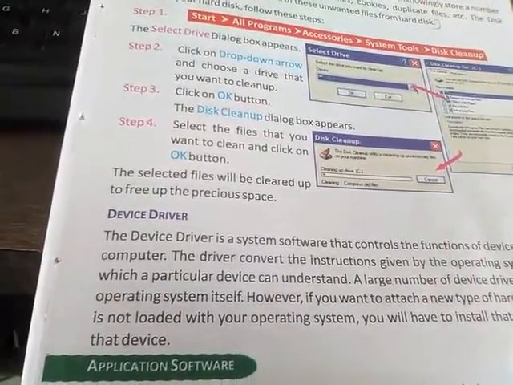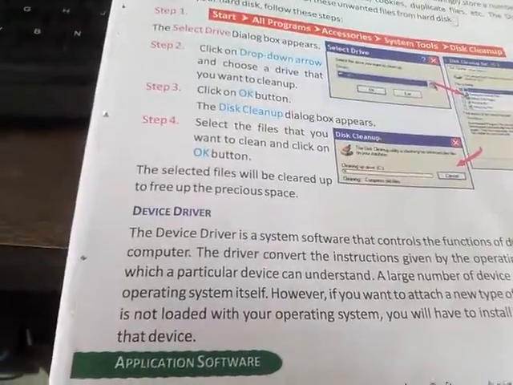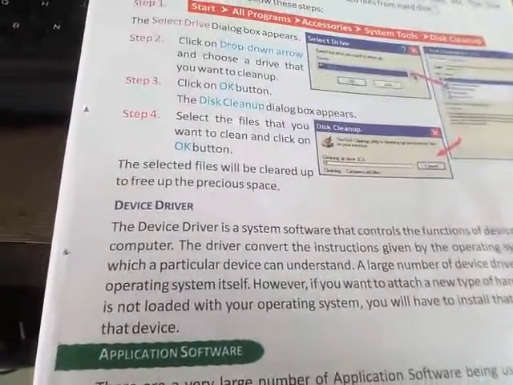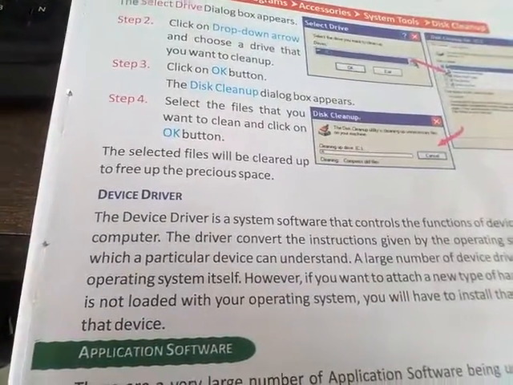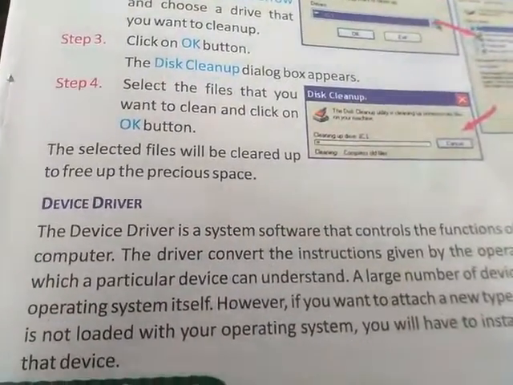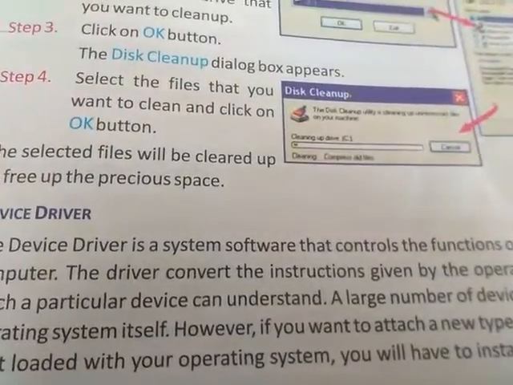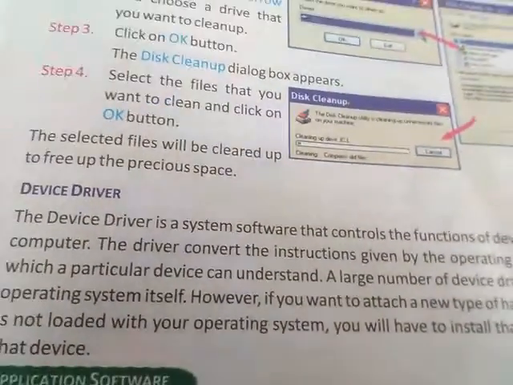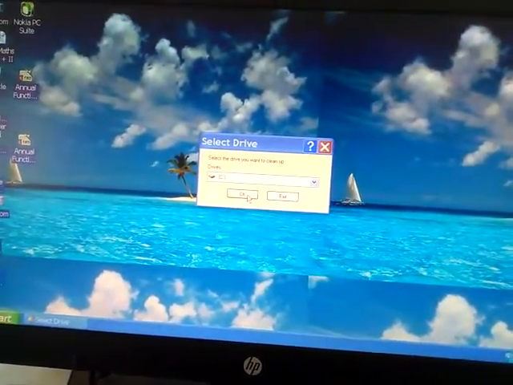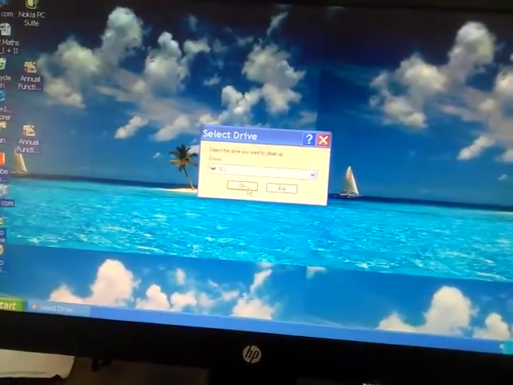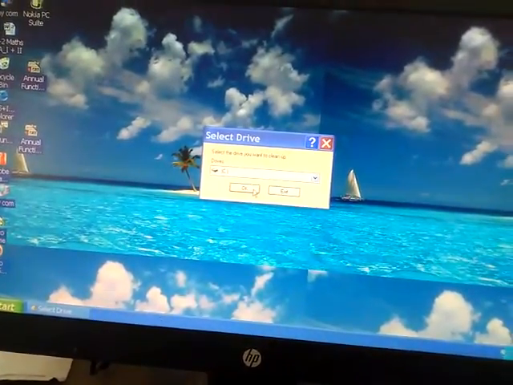The disk cleanup dialog box appears, as in the picture given in your book. Step number 4, select the files that you want to clean and click on OK button. After that, your files will be cleaned up. Okay, just see here, I will show you how you do it when you want to clean up.